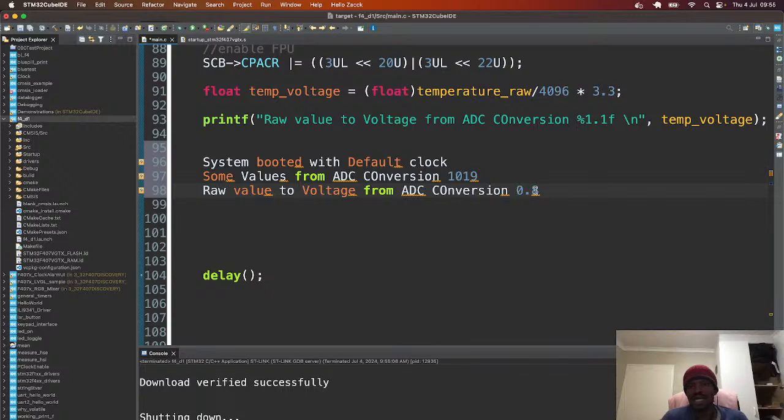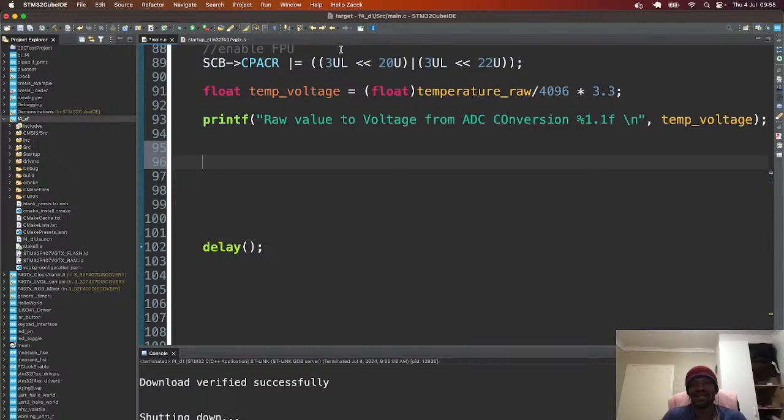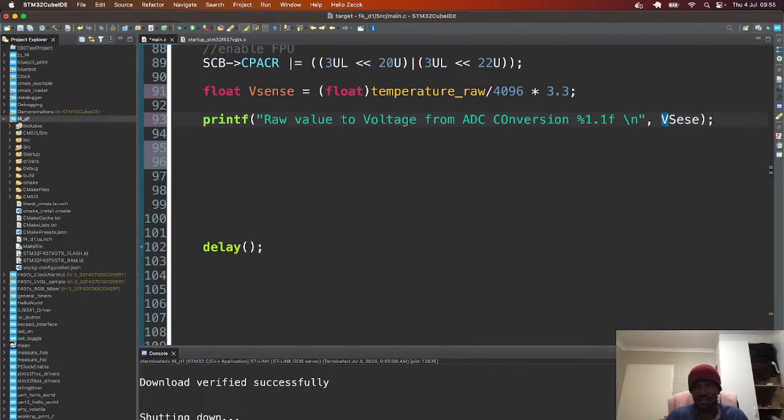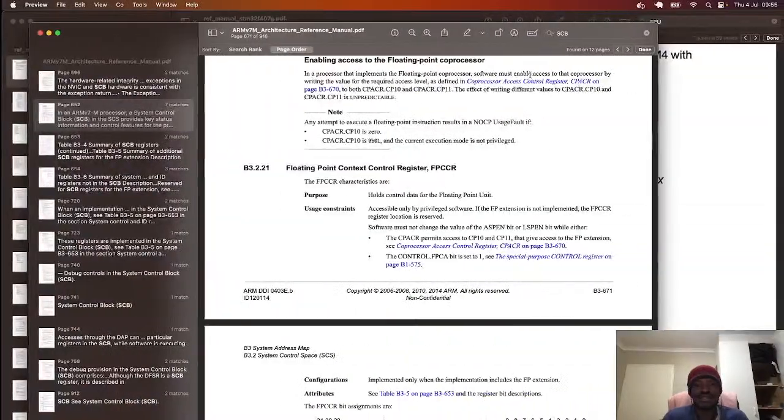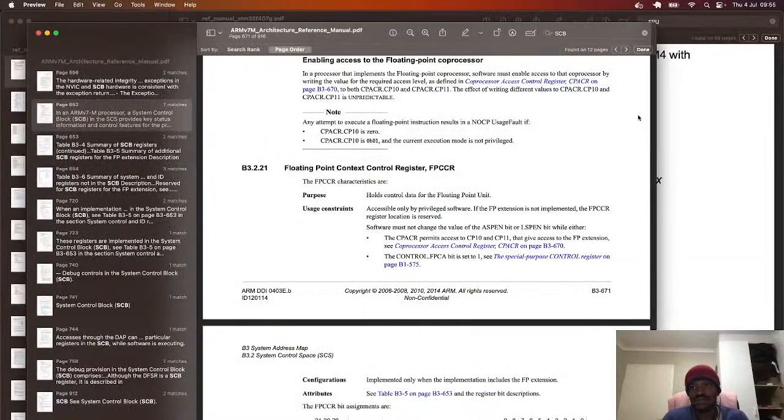Okay, so we get ADC 0.08. So we have a voltage value. Once we have a VSense value, so let's call this VSense. Okay, cool. So now that we have all this, we can go back to our